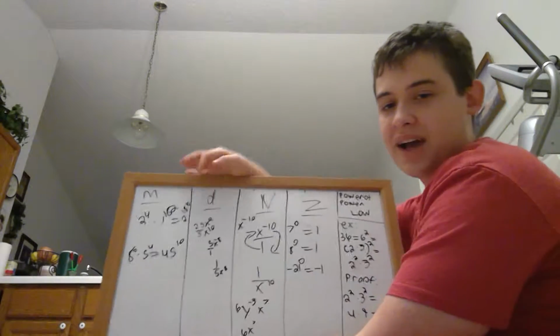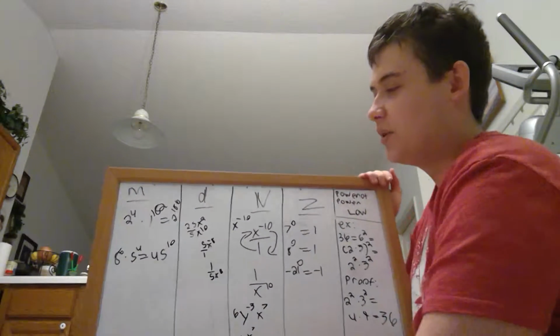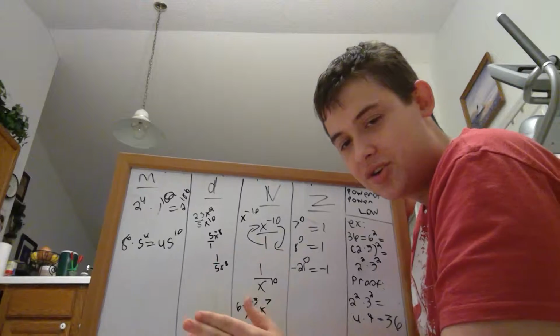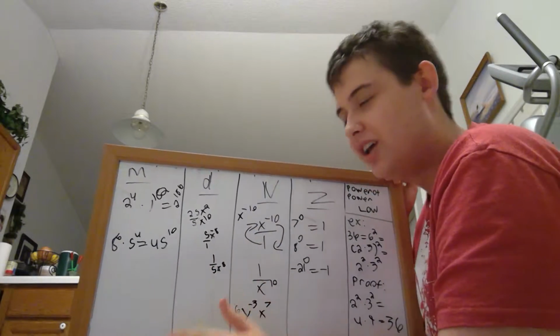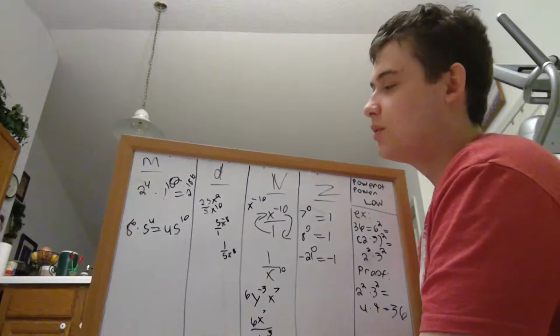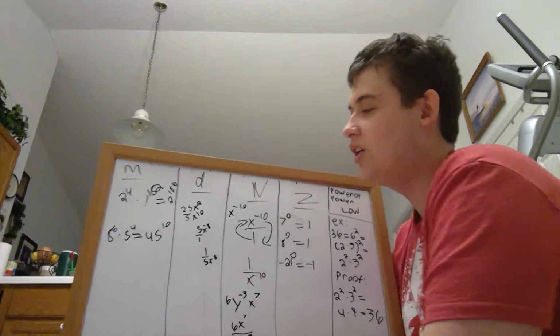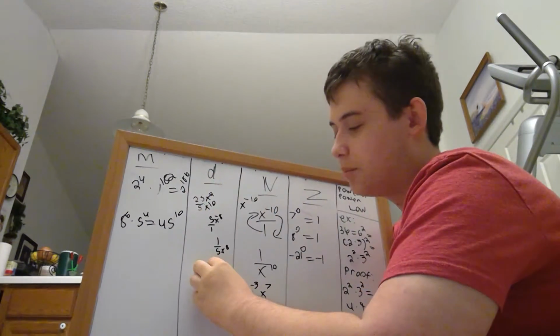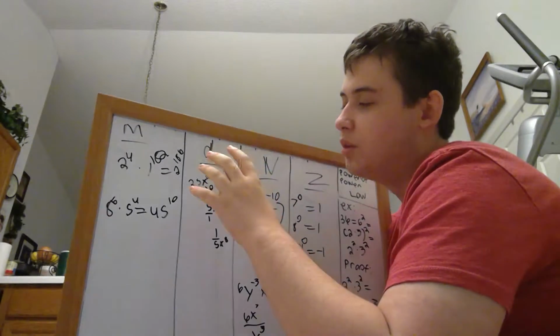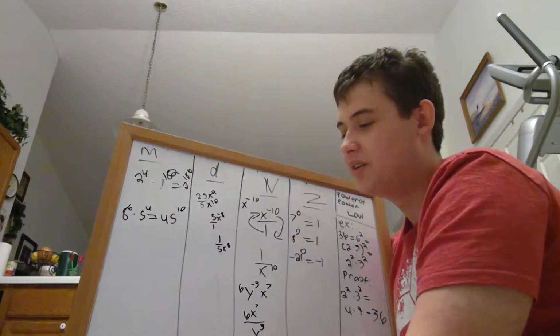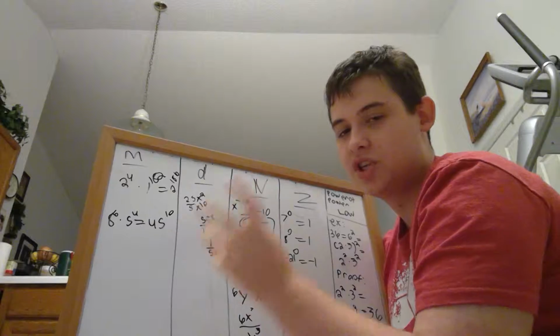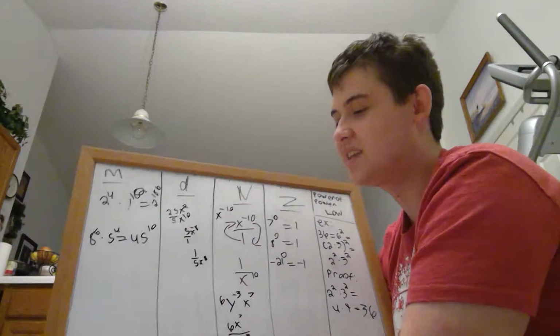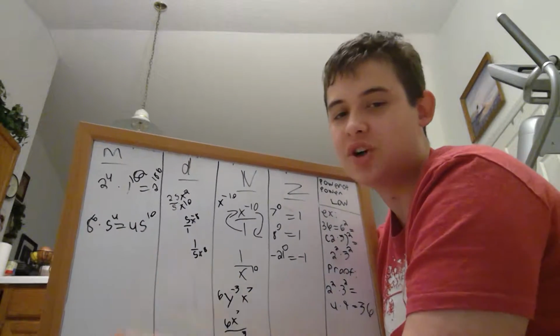So, next, we got division. Now, with division, it's a little bit trickier, but not all too much. Just a little. Now, all you gotta do, so let's take our example. So, you put 25 over 5, and this will usually only work with same bases,